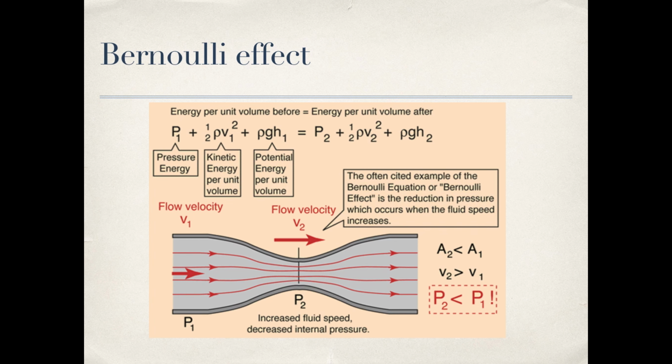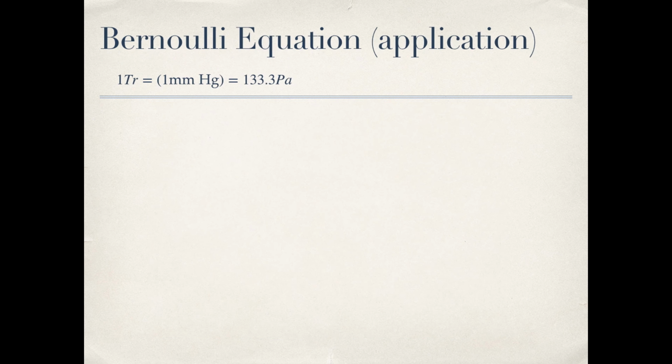There is usually a manometer which measures the difference outside of that pipe and inside of that pipe, and that allows to calculate the velocity of the plane. All right, that is the Bernoulli effect,